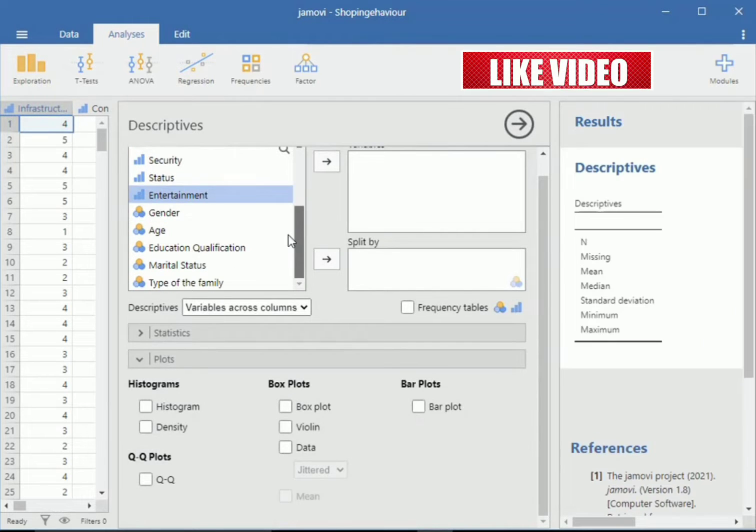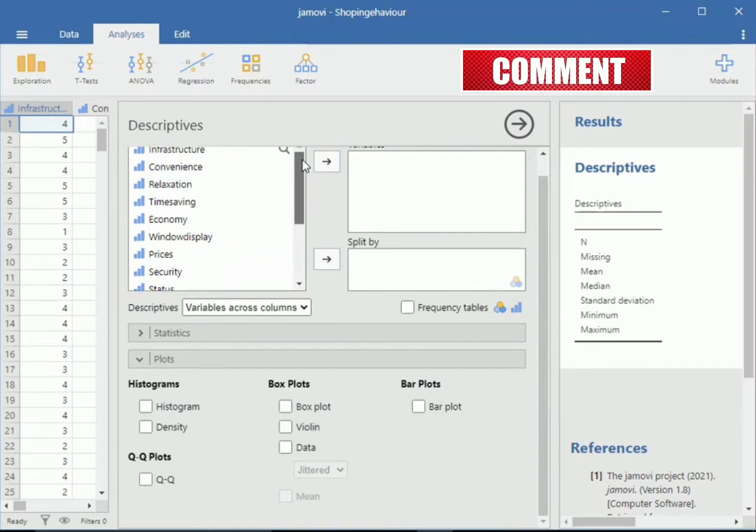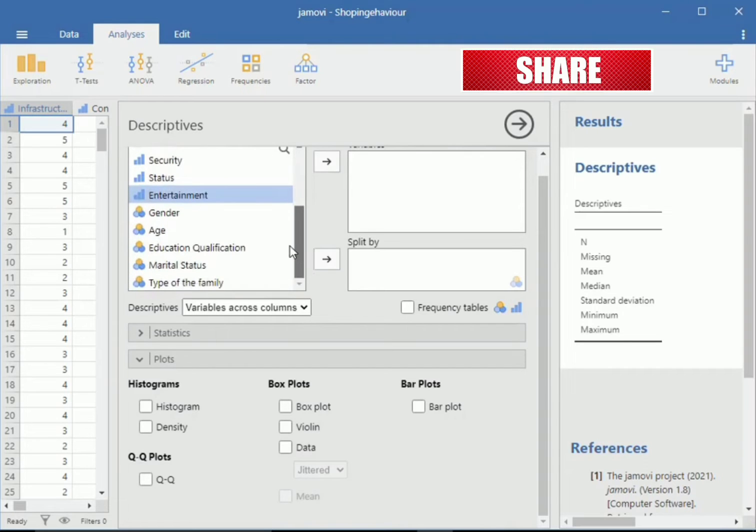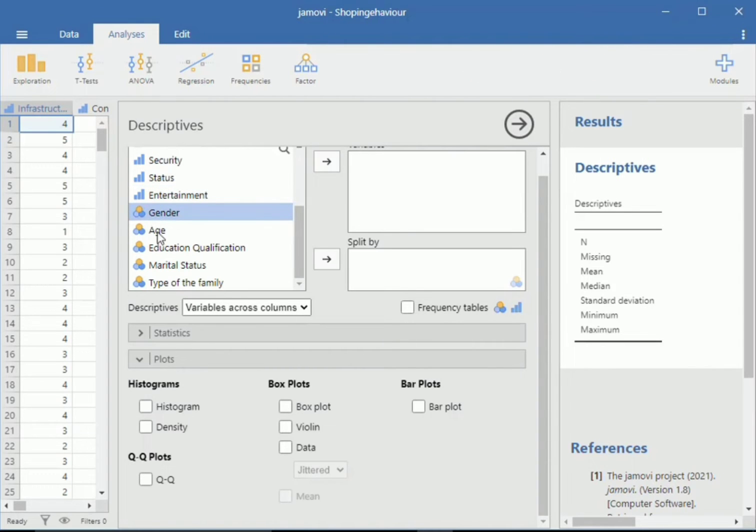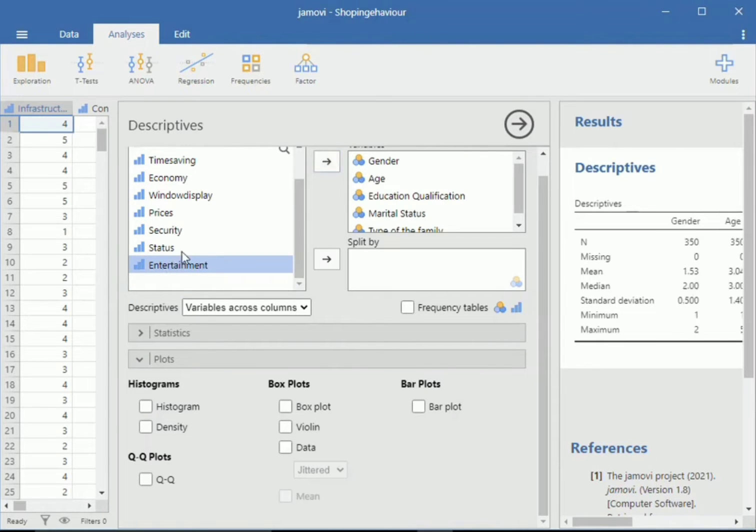So here we have our variables. For which variables do we want to find out descriptive statistics? Let us select gender, age, education qualification, marital status and type of family, and using this arrow we can move the variables from this side to this side. There is no need to do anything in this box. Come to here,